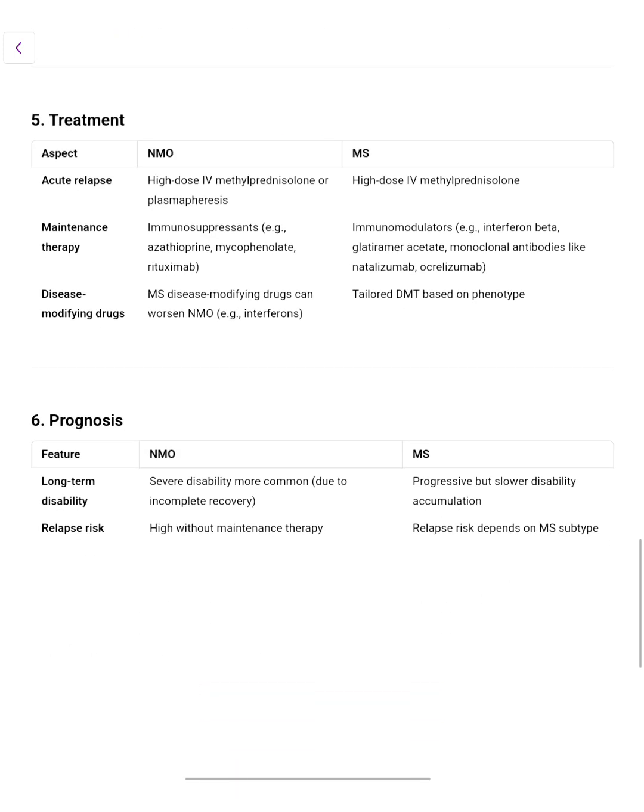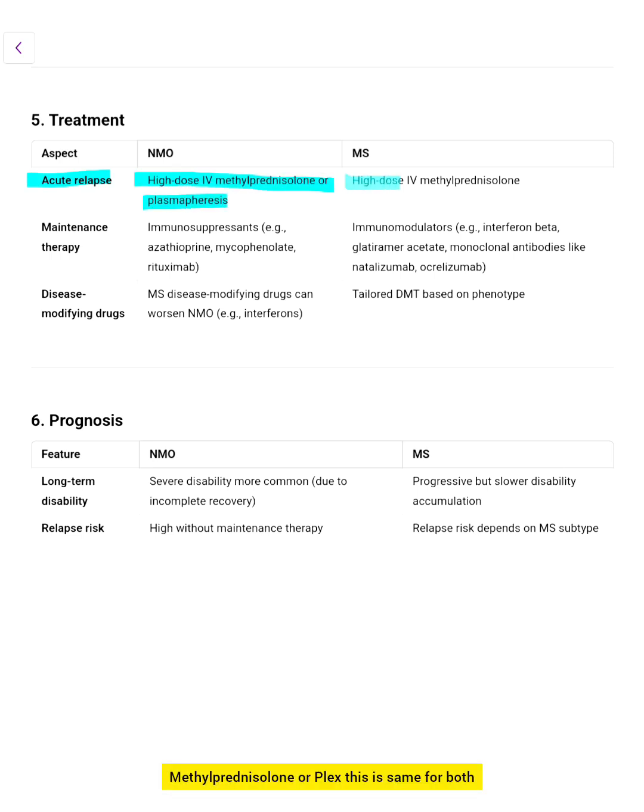Coming to the treatment, in acute relapses, what you give is pulse therapy with methylprednisolone or plasma exchange. This is the same for both, right? If the patient presents with acute relapse, you give the pulse therapy, and the patient will be all right. But in maintenance therapy, the difference is, in NMO, what we give is immunosuppressants like azathioprine, MMF, and